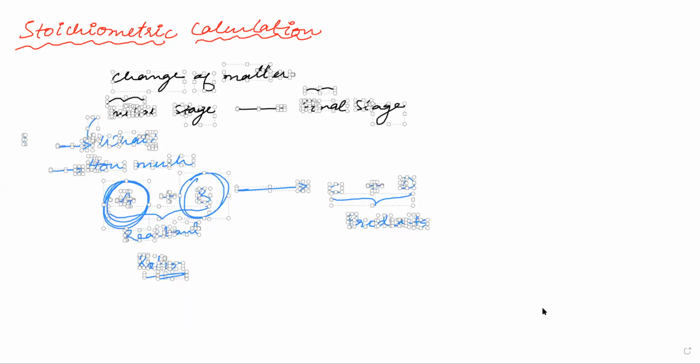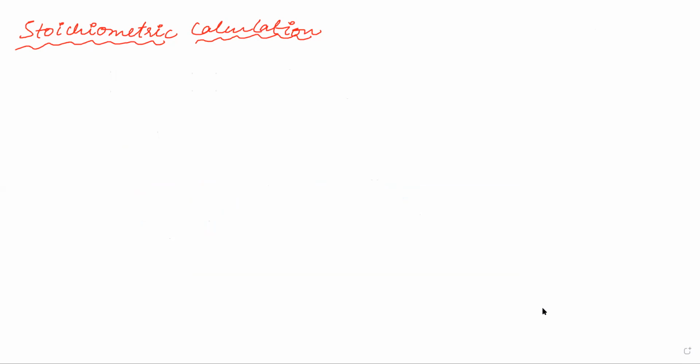Basic idea about stoichiometric calculation, what we will be doing here. In chemistry, we study about change. In change, there is an initial stage and the final stage. Out of both these stages, we will have a few substances. We have learned about those substances. They can be elements, compounds, molecules, right? And we have also studied how much they will be present in order to predict how much they will produce after a particular change. That how much is related to atomic mass, mole concept, complete mole concept, then also the solution molarity, molality, mole fraction, etc. Now we want to study how much of A will react with how much of B.